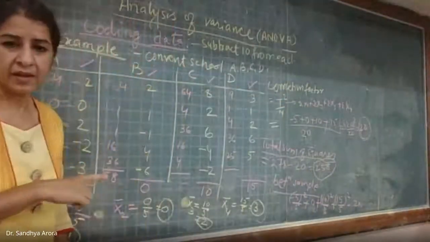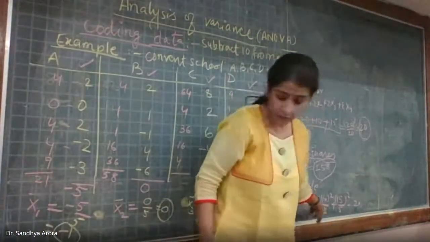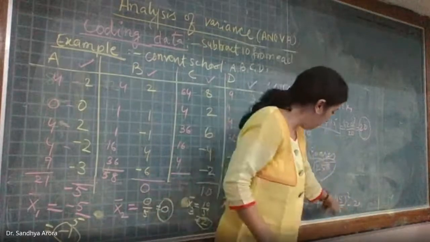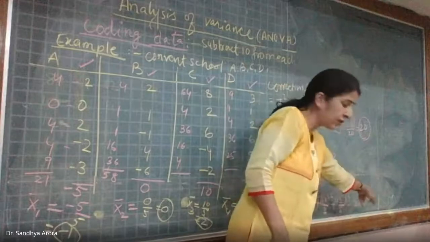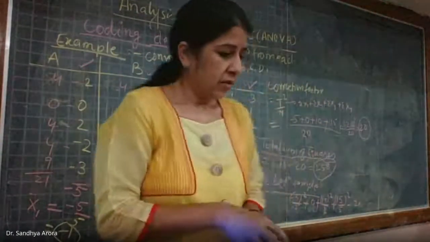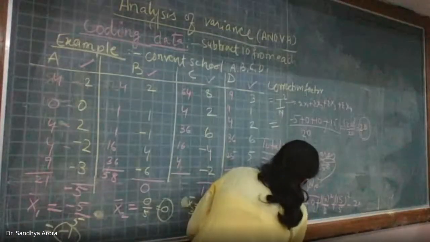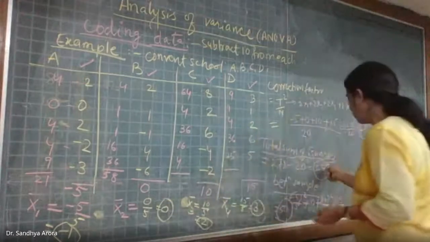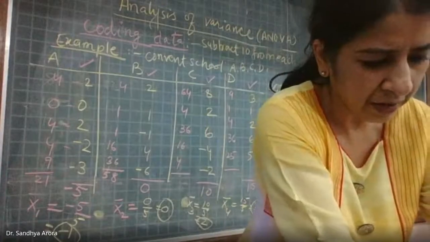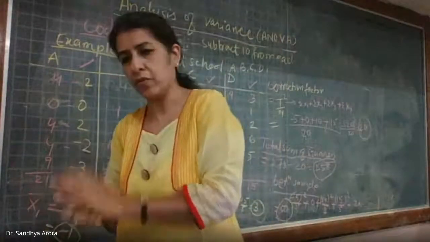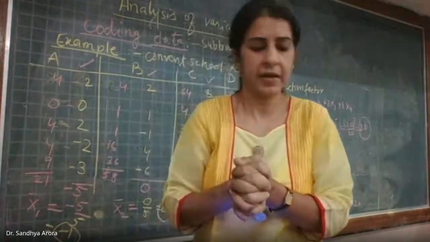ठीक है, दिख रहा है ये? -5 होल स्क्वायर डिवाइड बाय 5 प्लस 0, क्योंकि इसका वैल्यू 0 है. एडिशन ऑफ दिस इज 0 प्लस 10 स्क्वायर डिवाइड बाय 5 प्लस 15 स्क्वायर डिवाइड बाय 5 minus 20 will give you 50. Yes, this is 50. So you are getting the same quantity. You can see this 258 minus 50 is 208. So the shortcut method is applicable on coded data also. Now it's up to you, based on the data, which method you are applying.